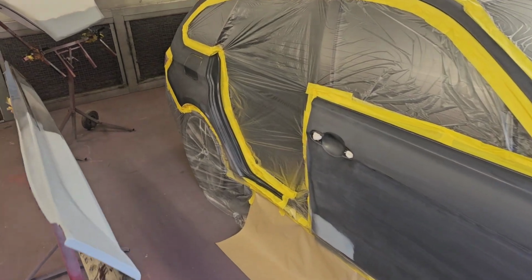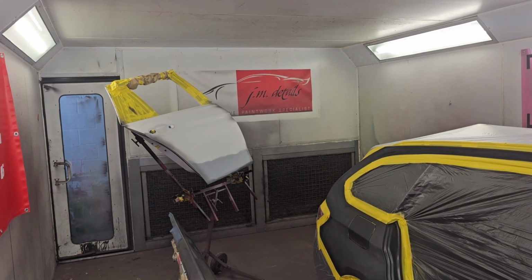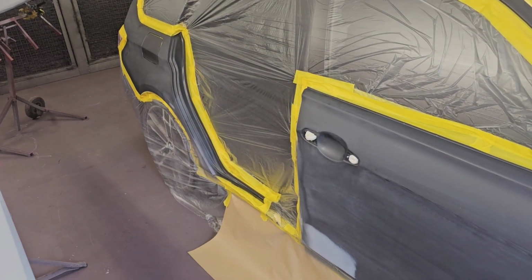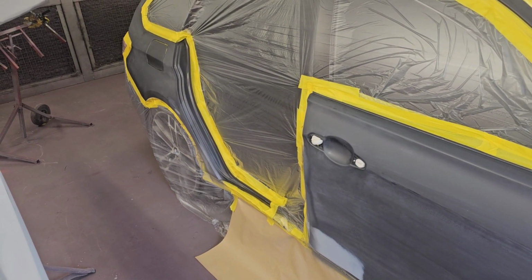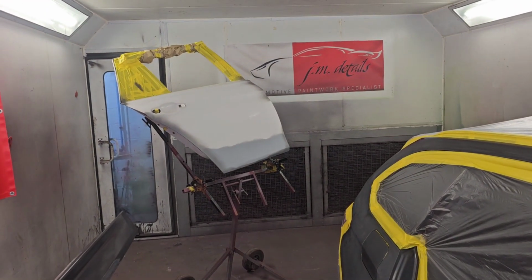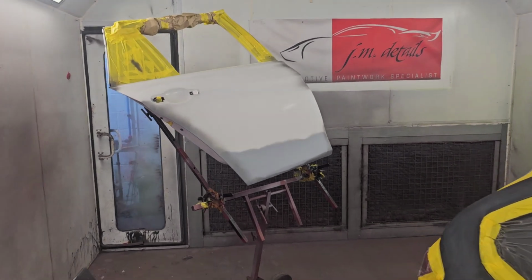The door was a little bit too bent out of shape, so we ended up getting a second-hand replacement one, which is what we do quite frequently on jobs like this. Obviously you've seen that in the previous clips, it just slots on really nicely. It's just a lot easier to do things like that, and then obviously repaint the door inside and out, fit all the original trim pieces over, and it's the cheapest way of doing it for the customer, because this isn't going through insurance. This is just a private job,